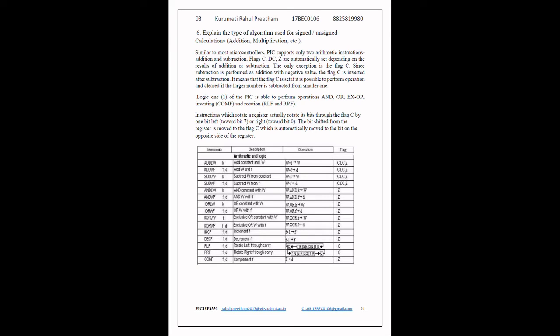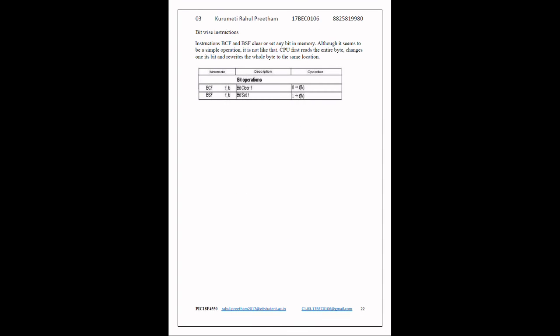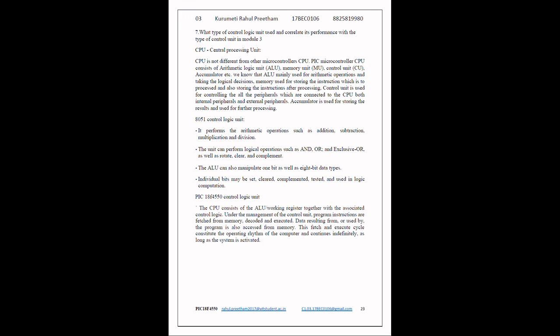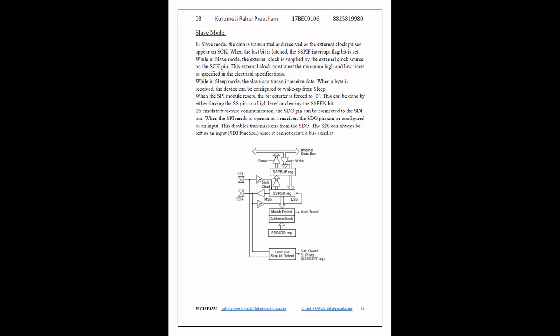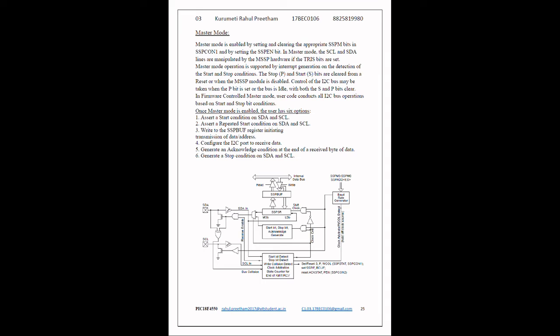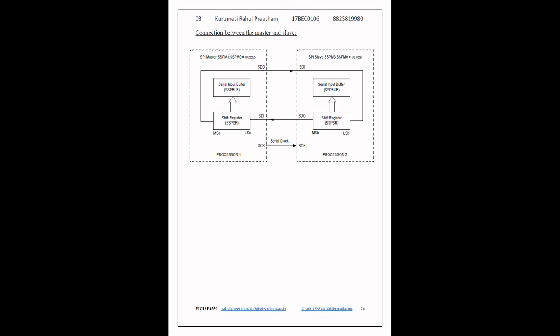Now the arithmetic operations perform just like in any other microcontroller. We can also perform bitwise operations. Now let's see the different modes of application we can configure the microcontroller into. The first mode is the slave mode, where it just performs the actions. The next one is the master mode, where it gives instructions to other parts of the device. This is the connection between the master and the slave mode for this device.